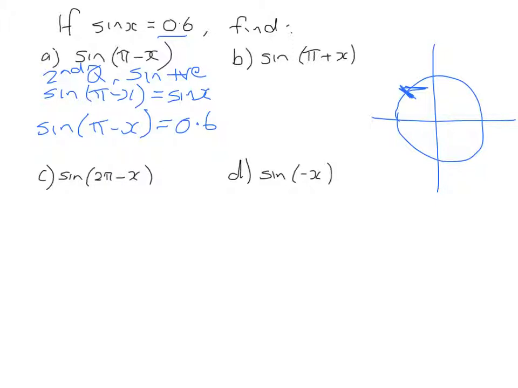If we go to the second question here, we're looking at pi plus x, so pi plus x will be down here in the third quadrant. In the third quadrant, sine is negative, so that tells us that sine of pi plus x will equal negative sine of x. And we know that sine of x is equal to 0.6, so that tells us